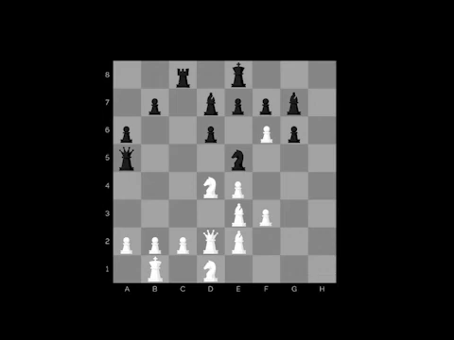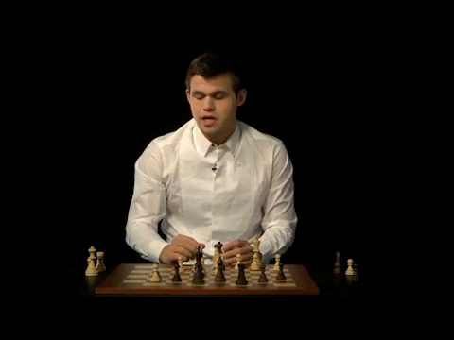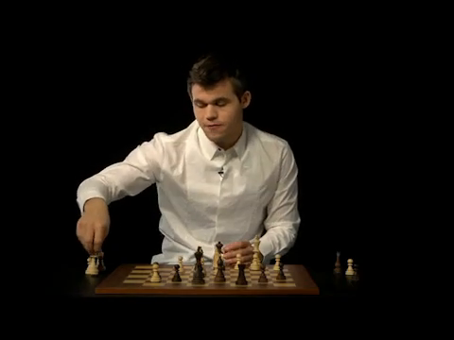So in order to defend against both threats, black needs to capture the queen. The problem now is that white captures the bishop, and since all the black pawns and other pieces inhibit the king, it's impossible to stop white from queening on